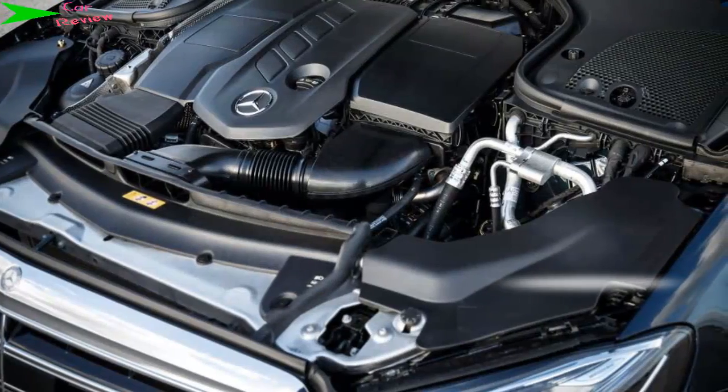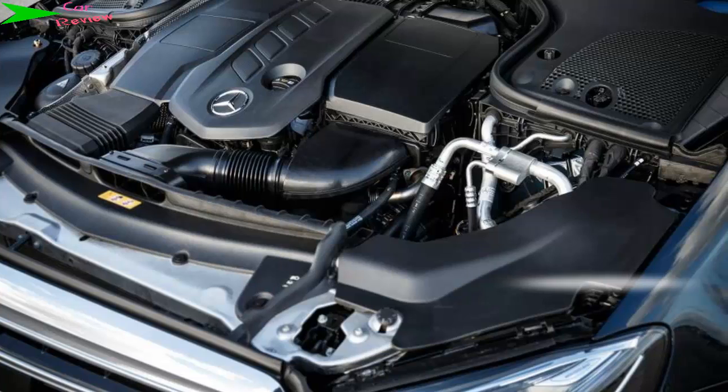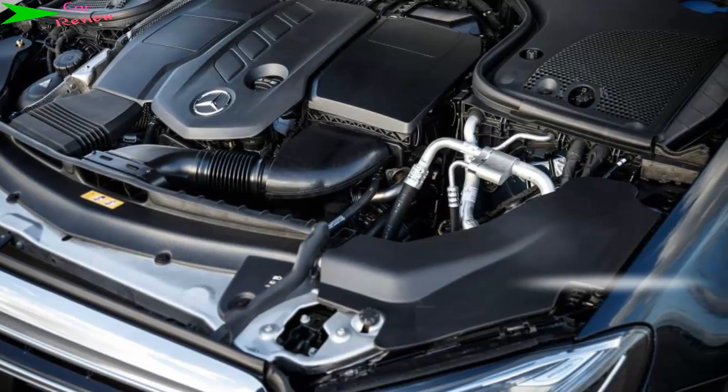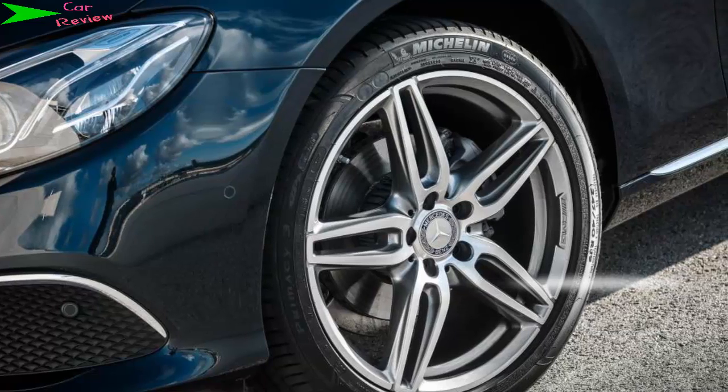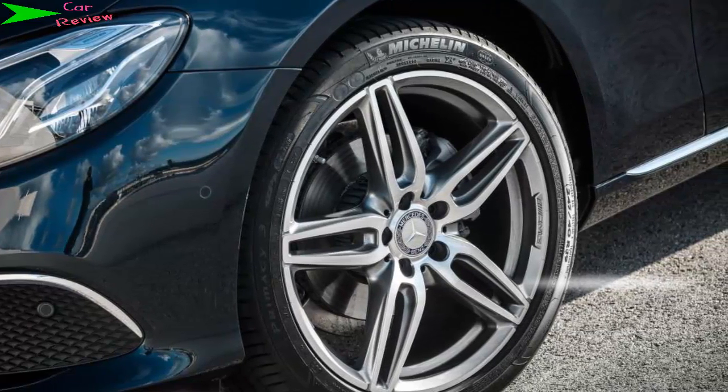The E-Class remains effortless to drive. Long-distance journeys are comfortable, and while it's not the most engaging car on a twisty road, there's just enough control in the chassis to ensure it feels secure. We'll see new executive saloons from Audi and BMW in 2017, but until